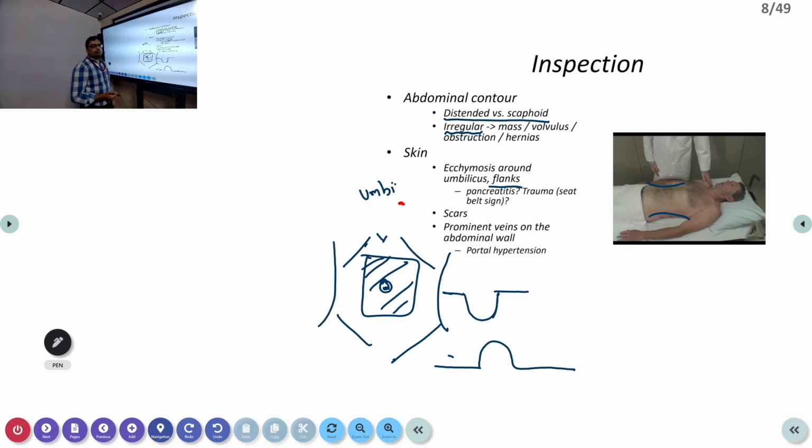I'll show you a picture of how it will look in ascites. If the flanks are full, so all those things you have to look for. And these are some of the examinations and some of the terms for general distension of the abdomen. For a patient there is no mass as such, but all of the abdomen is distended. It is usually seen in ascites or intestinal obstruction. Okay, and if there is some ascites or obesity, all these things will lead to general distension of the abdomen.